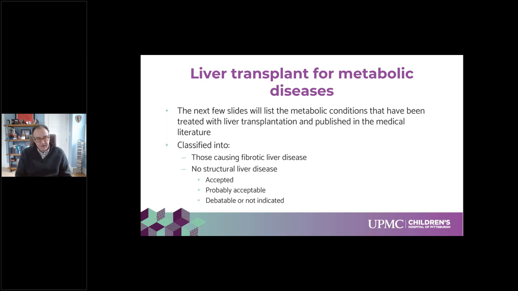And then there'll be 3 tables with those with no structural liver disease. The first one will be the well-accepted indications for transplant. The next will be more uncommon conditions, but they're probably acceptable. And then the last one is either not indicated, or you have to be very, very selective and careful about